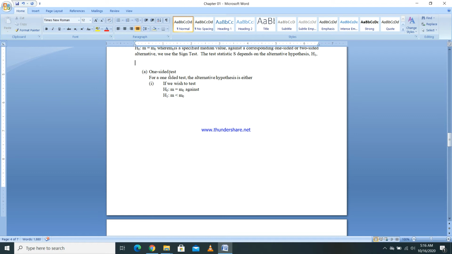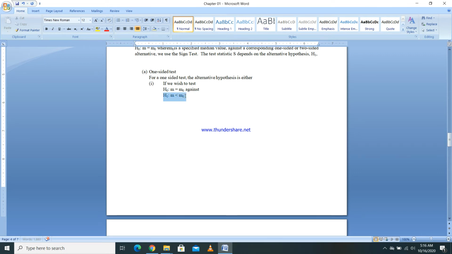When you have an inference question, whether parametric or non-parametric, when you are setting the hypotheses, you have to read the question and identify the claim, and we take the claim as our alternative hypothesis. The same thing applies here. So when you are given the question, you have to read it, and if you are asked to check whether the population median is less than a given value,